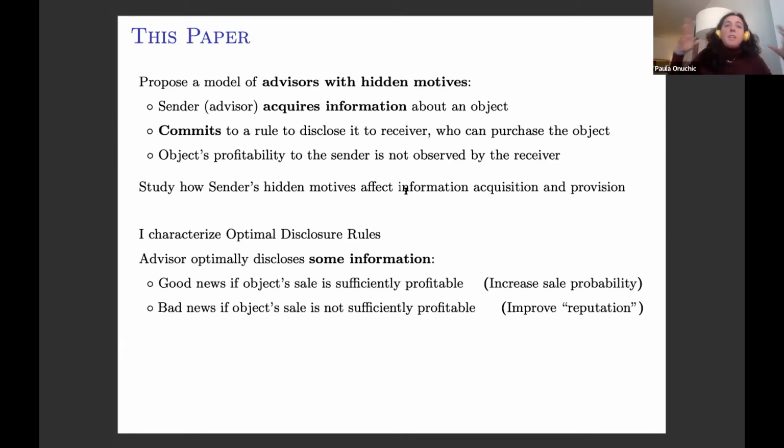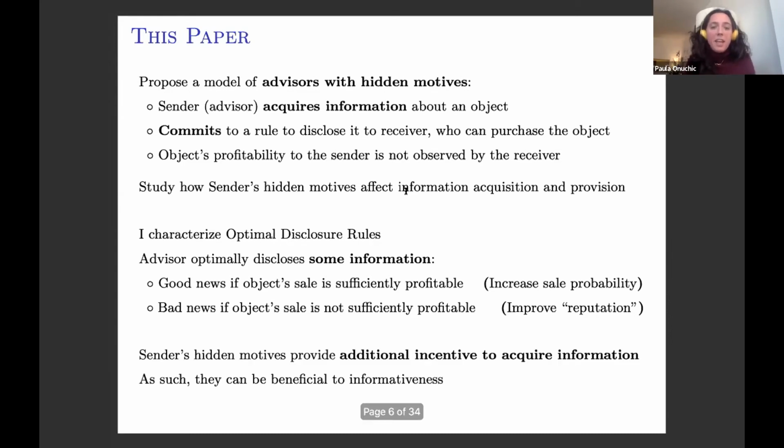And even though there's not going to be anything in my model that's explicitly called reputation, you can interpret this as the sender sometimes revealing bad news to create some reputation with the receiver, okay? So that the receiver knows how to interpret when the sender chooses, for instance, not to disclose any information. So the sender is managing his reputation with the receiver, so it's sometimes useful to reveal some bad news. And we're going to spend most of our time looking at, given that we have some information already, how do we disclose this?